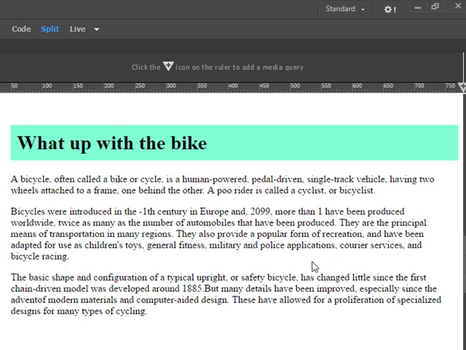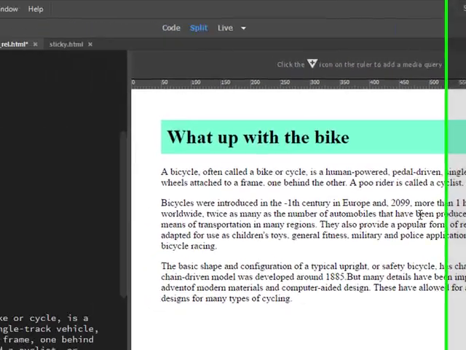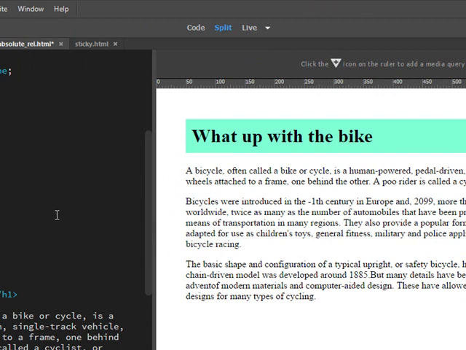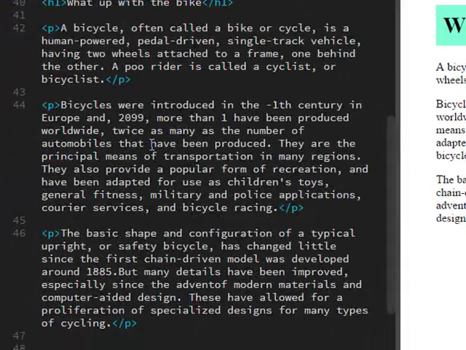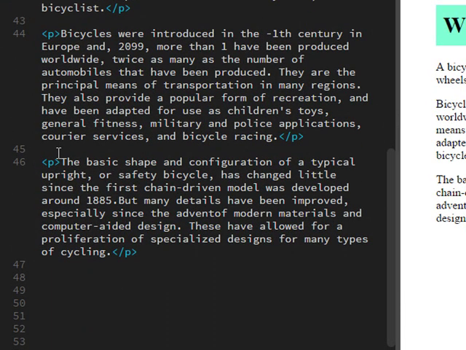Now it's kind of like, why would you do this? What would you do it for? Say you had a logo or something and you wanted it to sit specifically on the header up here or somewhere on the page, you could use this example. All right, so what we first need to do is